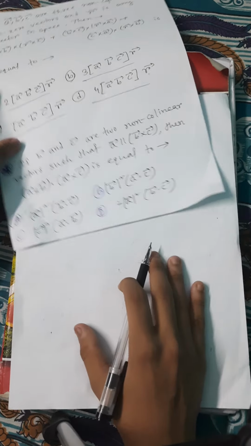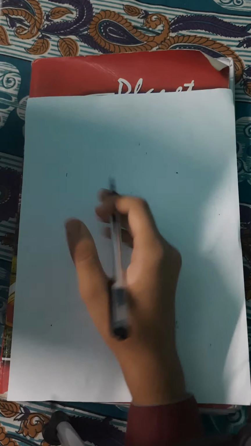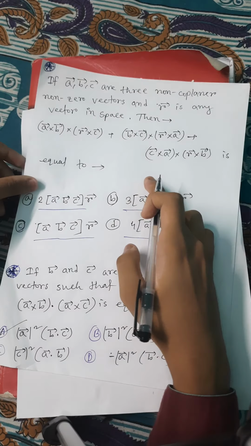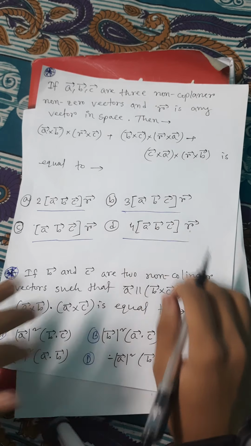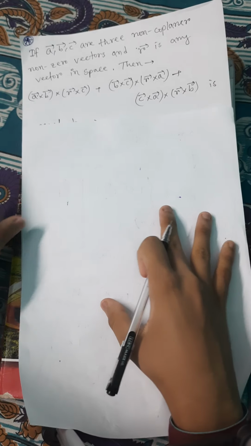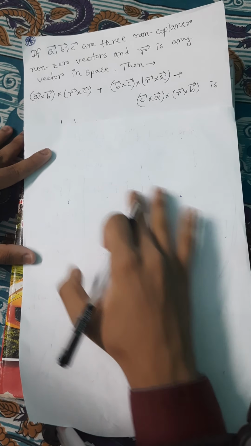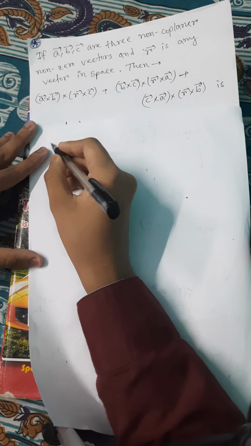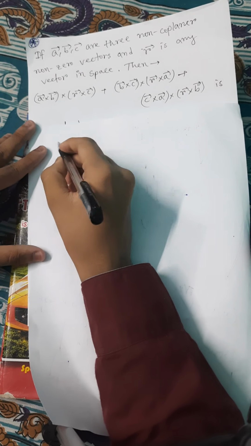Now come to the second part. This is a good question. See this question, okay. Let me write this way. So a cross b cross c,